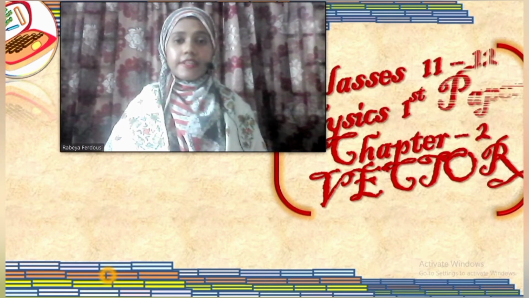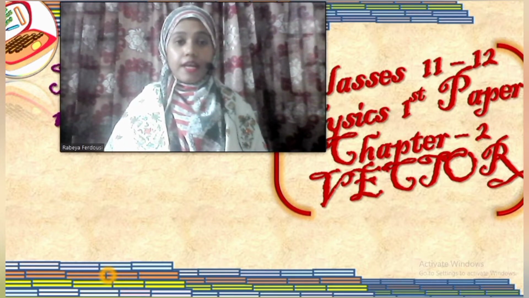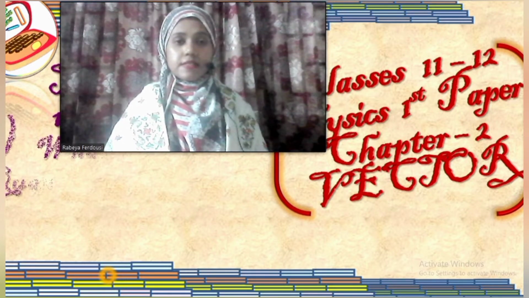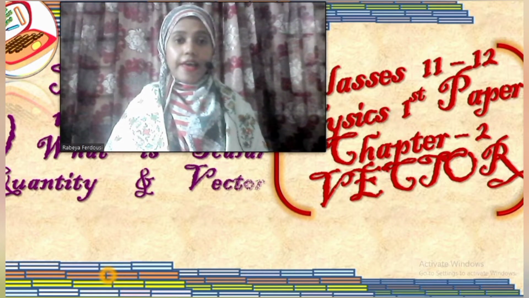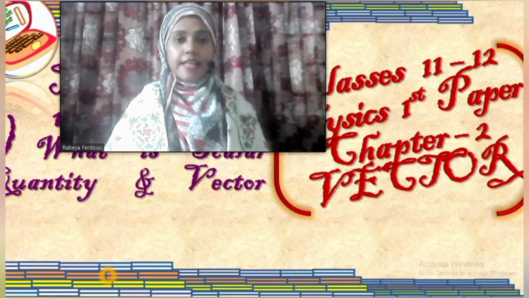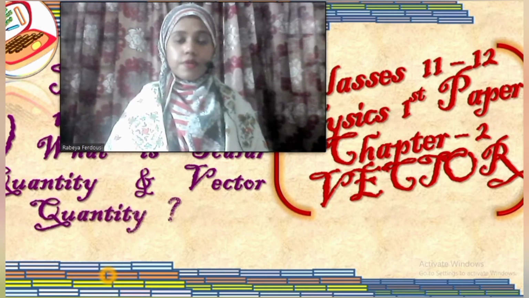Classes 11-12, Physics first paper, Chapter 2, Vector. Today we will discuss what is scalar quantity and vector quantity. After that, properties and symbols of vector quantity. At first, we will discuss what is physical quantity. Generally, every day we have to